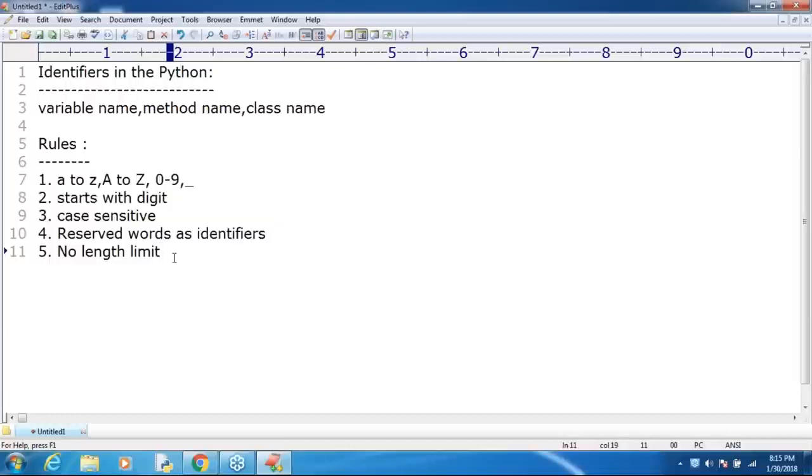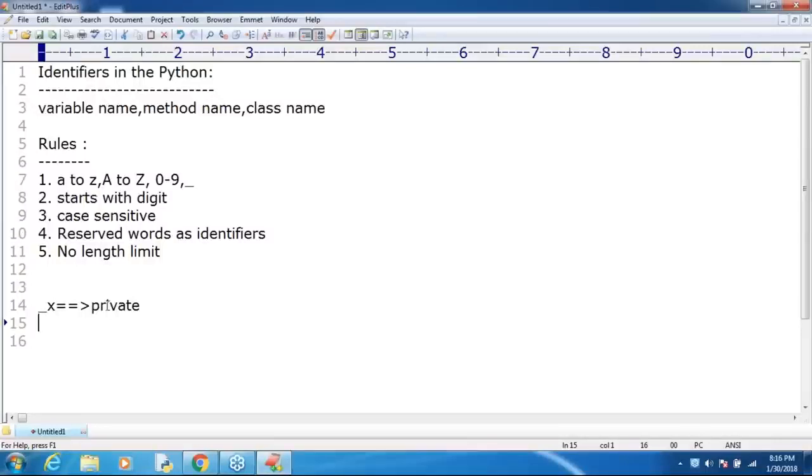Next, if any identifier starts with an underscore symbol in Python, it indicates that this variable is a private variable. But what is the meaning of that? Slowly we will discuss it in the next sessions. Just be aware that there is some speciality with this underscore symbol. Just keep one small point in your mind. If any identifier starts with an underscore symbol, it is treated as private.